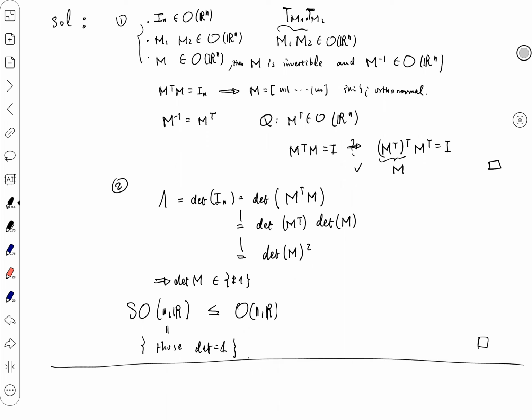So in the following exercise, we will generalize this definition of the orthogonal group. Basically, what we have introduced is the orthogonal group with respect to the dot product. It's preserving the length that comes from the dot product. In general, you could describe an inner product of x and y on R^n,